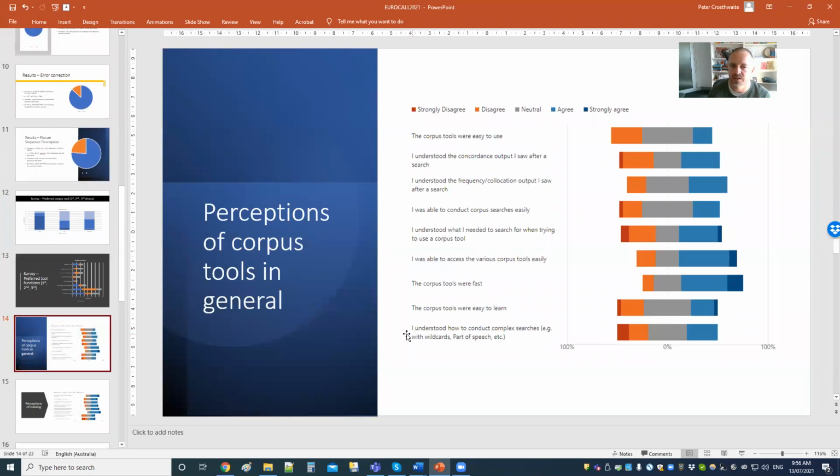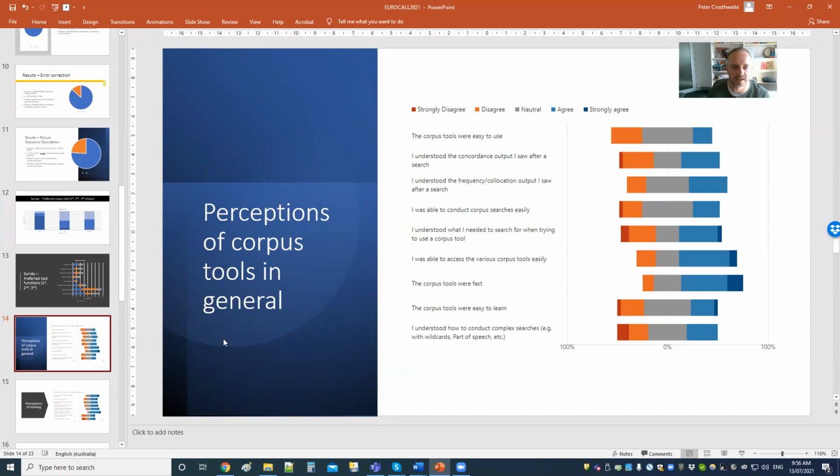When asked about their perceptions of corpus tools in general, the students were generally positive about their ability to access the tools, their speed, that they were easy to learn, and that they understood what they needed to search for. Although they were relatively mixed on understanding concordance output, the ease of use of the different tools, and understanding how